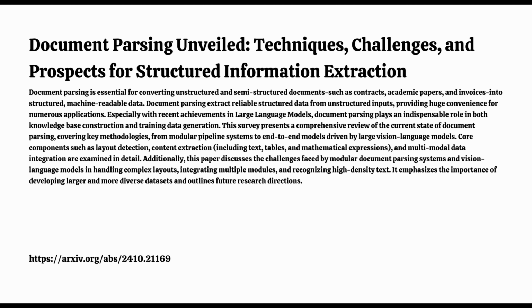These specialized models, like NuGet and Fox, are trained on massive data sets of documents and are specifically designed to handle the unique challenges of document images. They're able to achieve impressive results, particularly in tasks like OCR and understanding those complex layouts. It's like comparing a general practitioner to a specialist. The specialist has deeper knowledge and experience in a particular area. So it's like having an AI expert that's been trained on millions of documents and can now spot patterns and extract information with incredible accuracy.